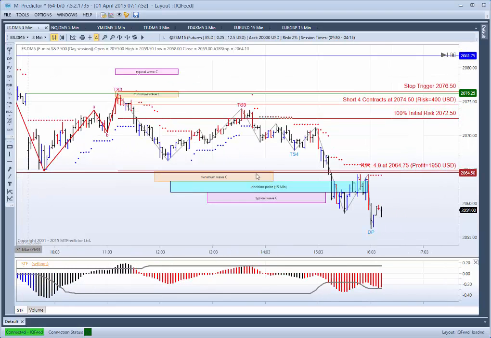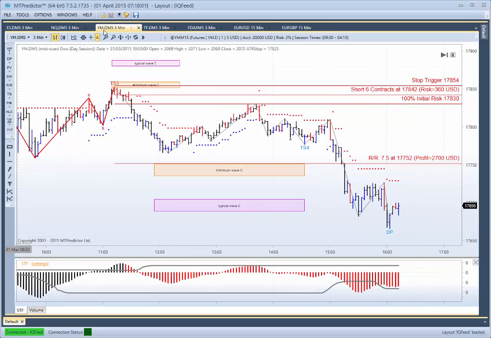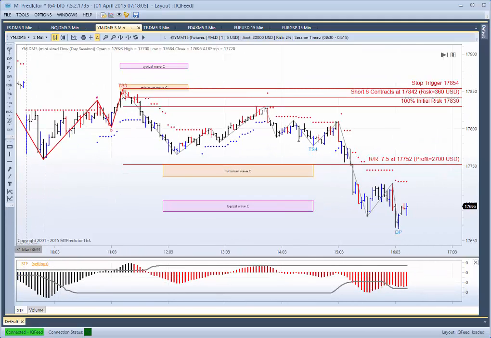The market on the ES then would have come down to the first target there for a nice 4.9R profit, and as we've seen, there was an opportunity to pyramid down there. I think the nicer market was actually the YM, because the YM again had our TS3 sell at the high of the day there and down into the first target there for a nice 7.5R profit. The profit here was actually larger than the ES, so may have been the market that you would have actually considered to take rather than the ES, and there was no such confusion with these buy setups here because the